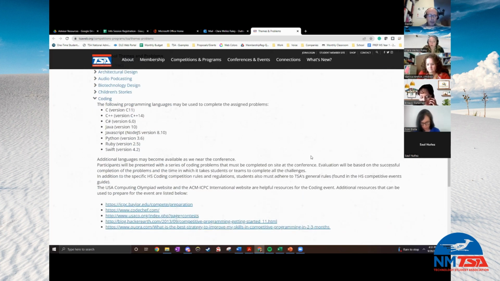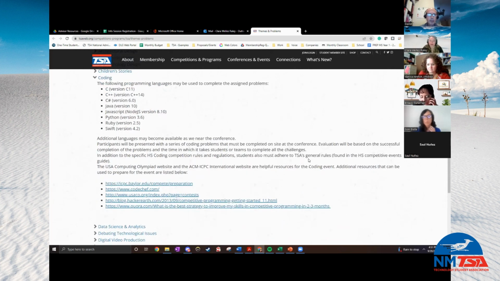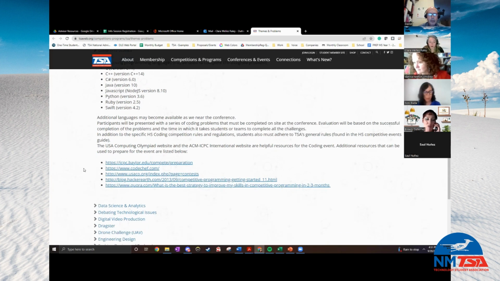Say if you're trying to do coding, there are so many different options for coding, right? These are the different programming languages that can be used to complete the problems. You could use C, C++, Java, Python. If in your coding class you wanted to start to show students how to code within these programs, that would be the start of grazing in. You might not know the actual problem that's going to happen come state conference or national conference, but you know what languages they're going to need to know. So you could absolutely start to graze those into your curriculum and really make sure that the students are prepared.